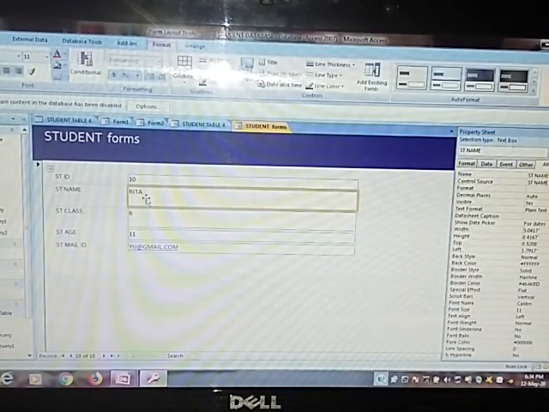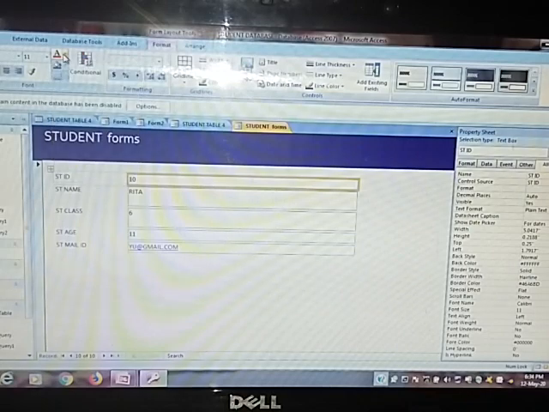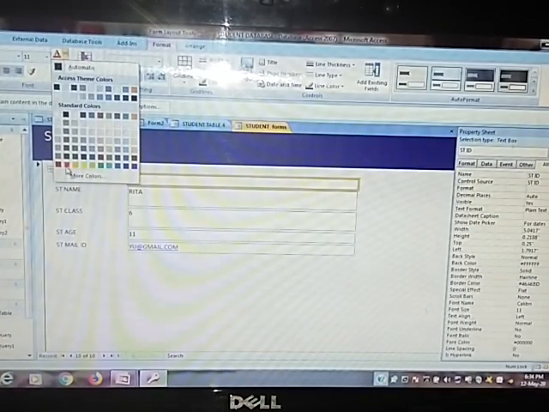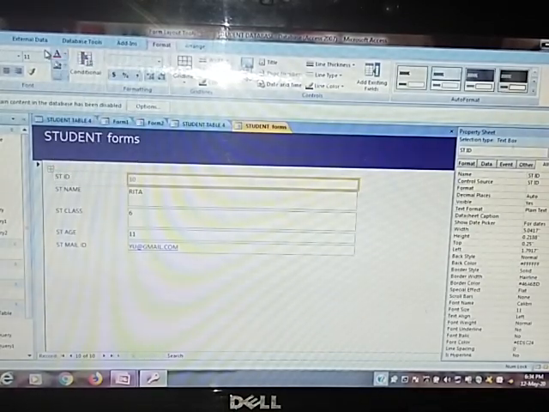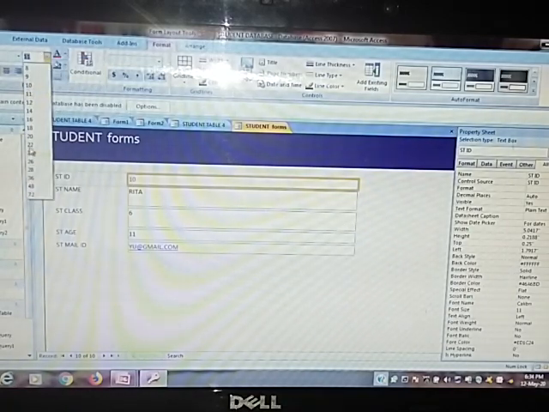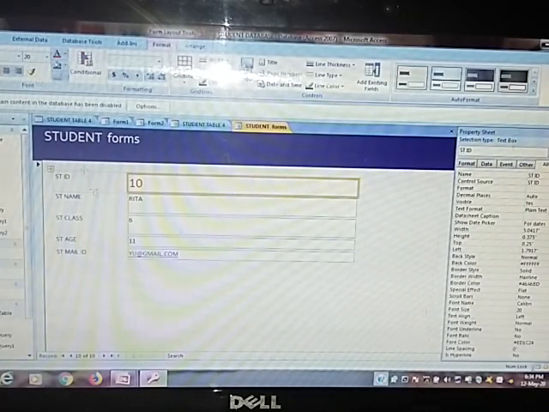And now we are working in layout view, where you can change the appearance of your form. That means if you want to change the font color, then click on the particular color of the fonts. You can change the size of the fonts. If you want to change, then choose the size of the fonts.